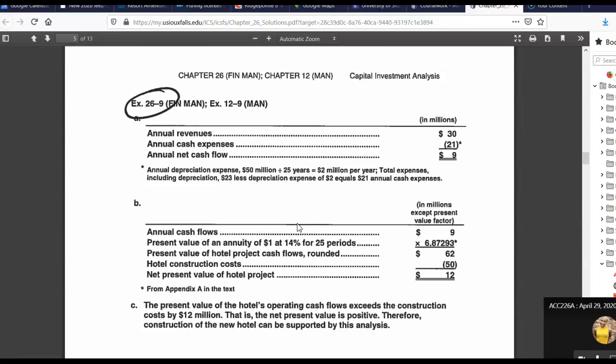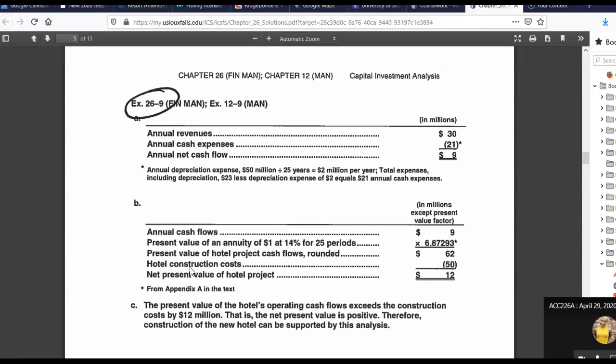You would have to calculate 9 million times that factor for year 1, 9 million times that factor for year 2, and so on for 25 years, and you get to the same total as if you did it one time in the annuity table. So if we go to the annuity table,